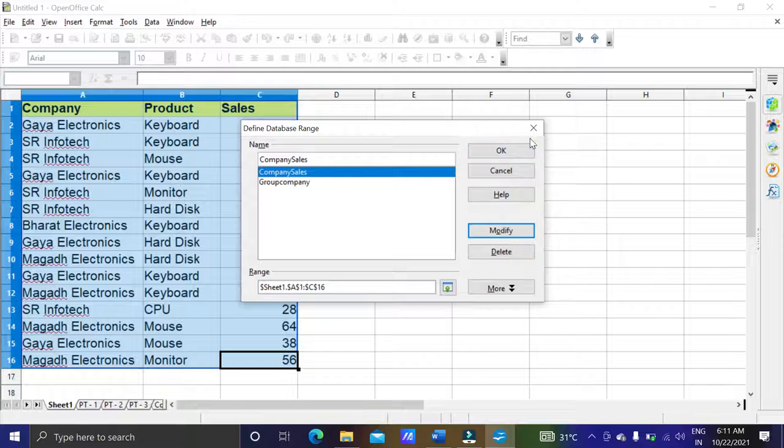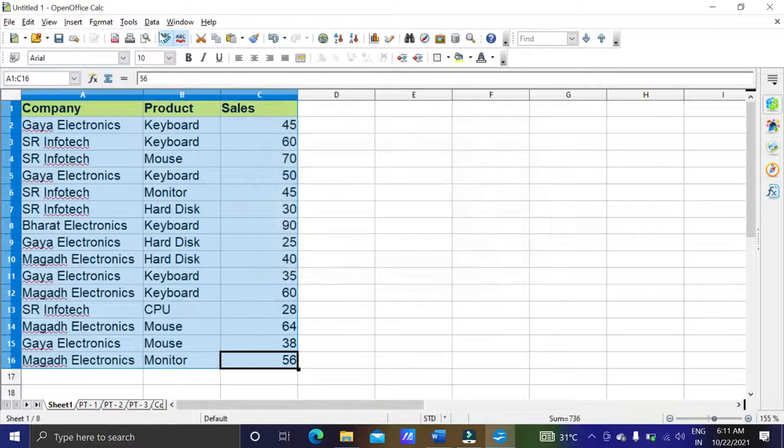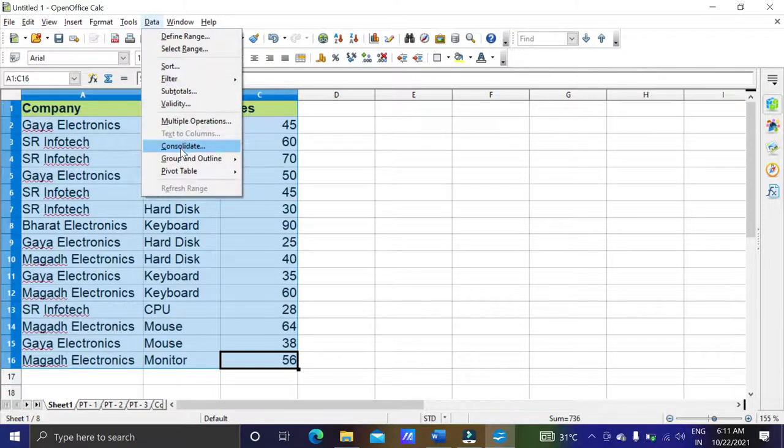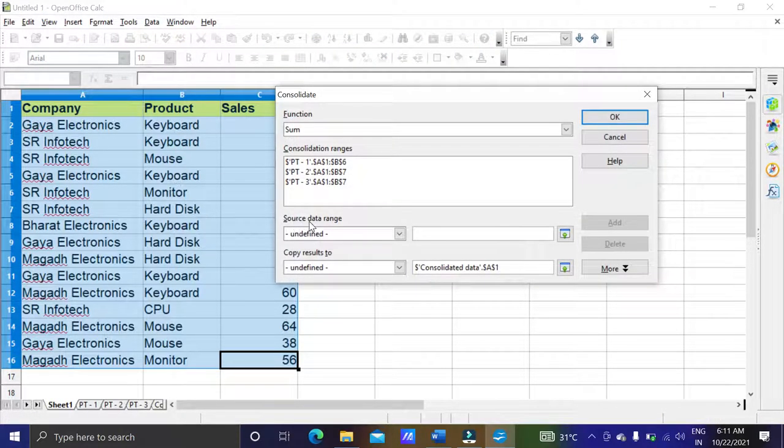Now whenever I go for consolidation of data, this option will come: data, and then consolidate. Here the source data range we have named, so this comes. Group company was there previously also, and I made the same once again, that's why it is coming.